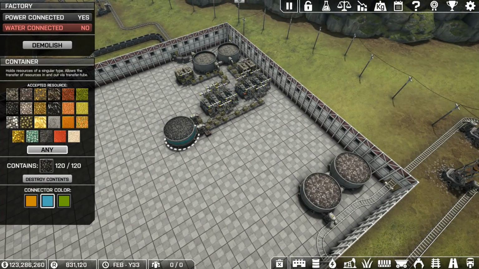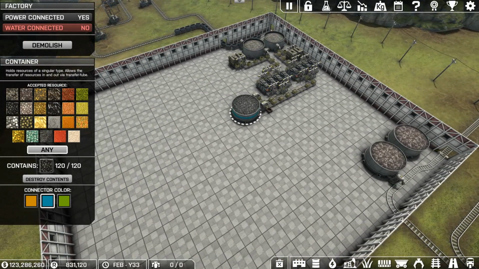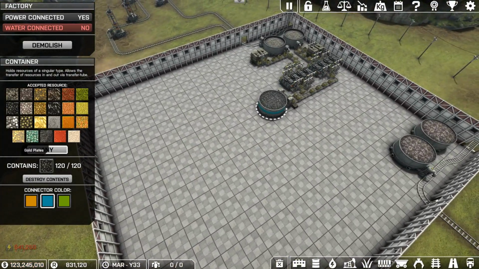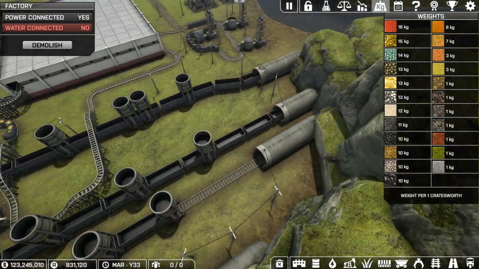And once we get our iron and our coal all set up, it's going to be refined into our steel plates, which is going to ship over to our gold to turn into gold plates. And then we will have another boost. And at that point, we will then...